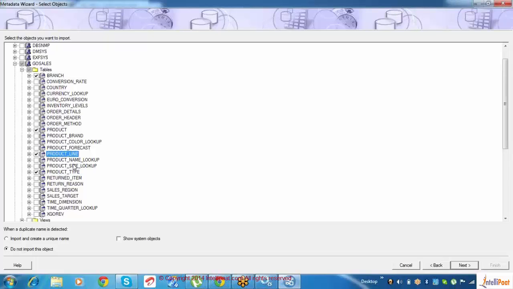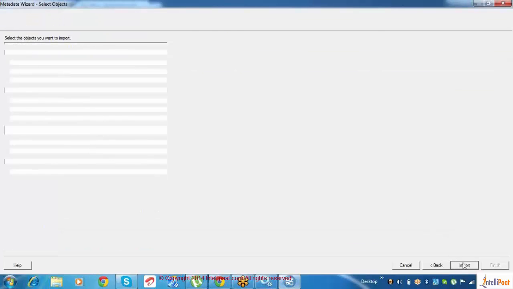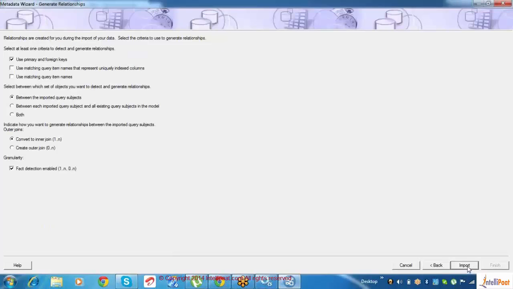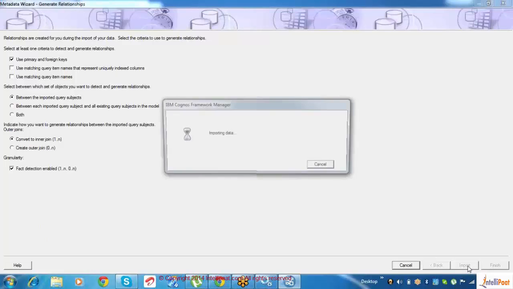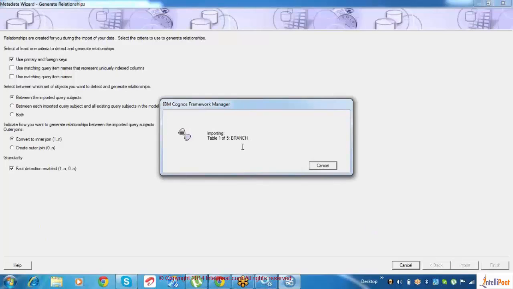So these are the tables I need. So default joins I'm going with. Let me go with and then import all. I'm importing all the tables. One of 5 tables. Tables got joined. Now the joins part it's getting imported.